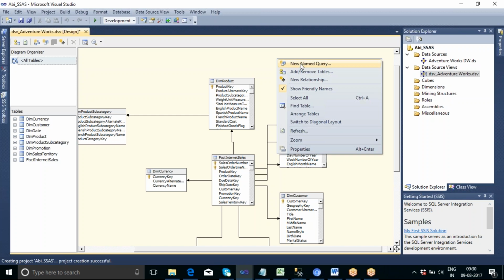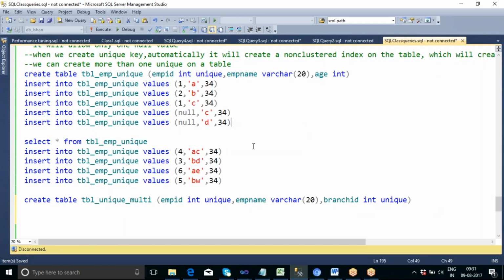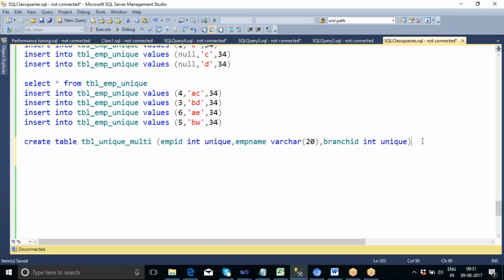So what is a view in SQL? What is the meaning of a view on the SQL side? A view is nothing but any valid SQL statement. Here is how you create a view in SQL: create view, name it, let us say view employee, as select star from table employee, join with something like table primary,